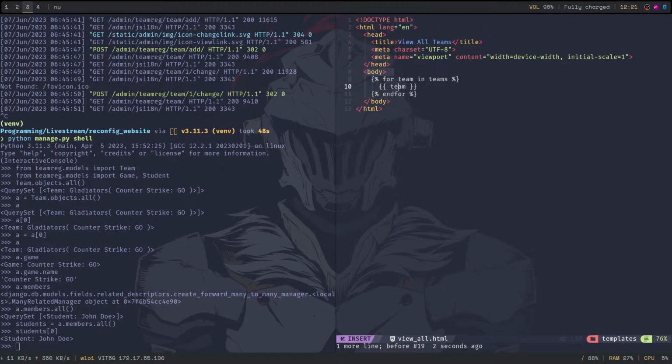So for the for syntax, we'll be using curly brackets and the percentage symbol, whereas for normal data substitution, we'll just be using double curly brackets. So team has name, team dot name,